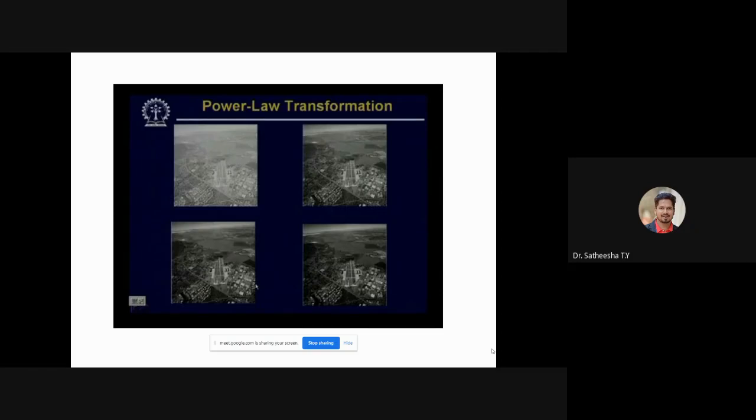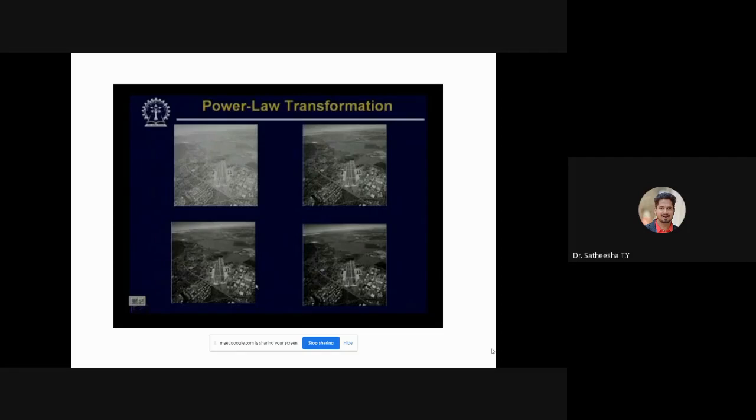As is obvious, in all these cases the washed-out characteristics of the original image have been controlled. That is, in the processed image we can get much more detail of the image content.